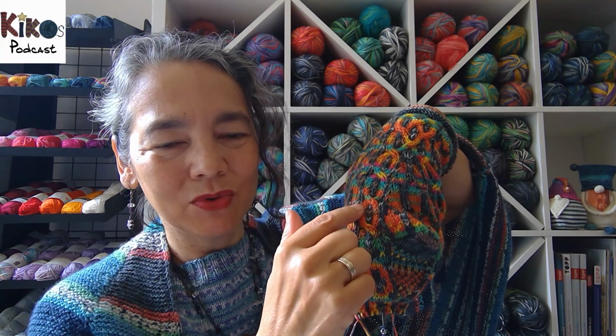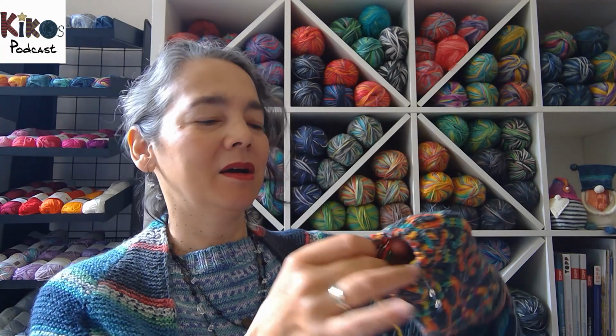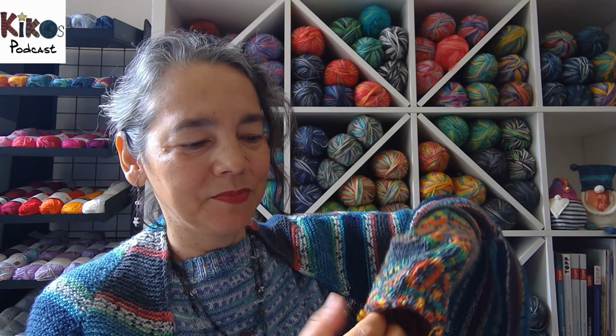So that's really interesting. For this part of the sock, I actually cabled the light stitches on top of the dark background. But once I finished the heel, this is now a 2-color pattern, a stranded 2-color sock pattern. But it sort of looks exactly the way the cable looked. Yeah, so this pattern is gone now, and I'm knitting the 2-color pattern that looks like this one, and I'm